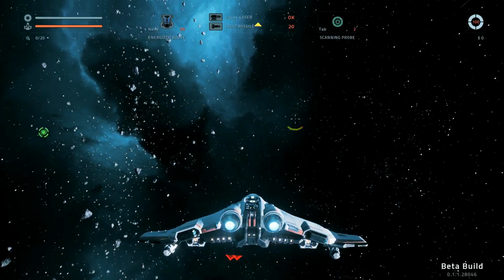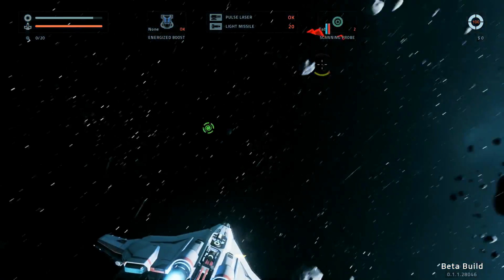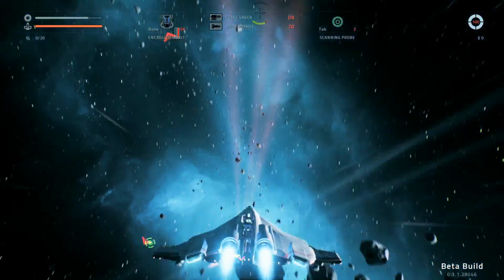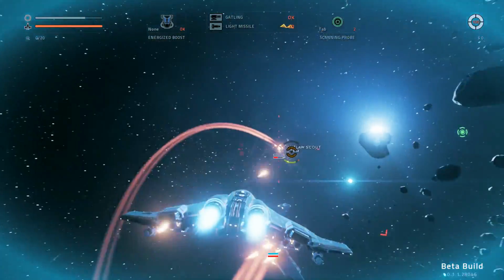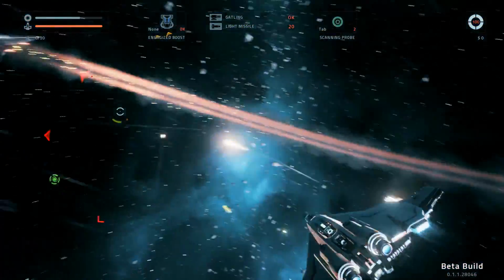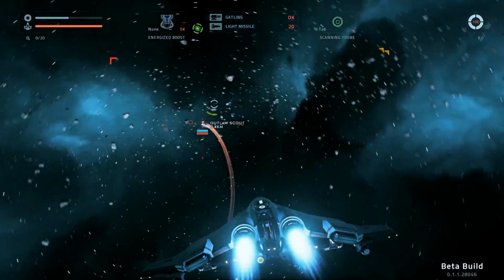In this video we are going to take a first look at the Everspace Beta, which was released earlier today. Everspace is a single player roguelike space game with stunning graphics and very fast but also unforgiving action. The goal of the game is to jump from one sector to another, explore around, fight enemies, and in general try to survive while discovering secrets and upgrading your ship so you can defeat stronger enemies and reach the end